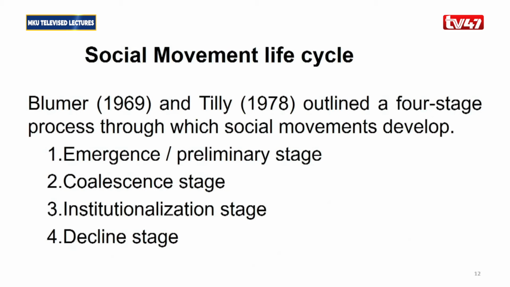And for the social movement cycle, for this particular lecture, we borrow a lot from these two sociologists, and that is Bloomer and Tilly. And in their write-up, they have outlined that the social movement life cycle involves 4 different stages. That is the emergence, the coalescence stage, the institutionalization stage, and the decline stage. Starting with the first one, which is the emergence